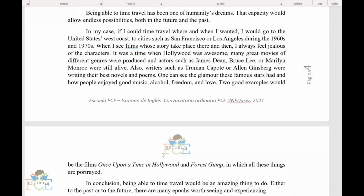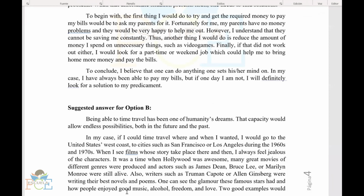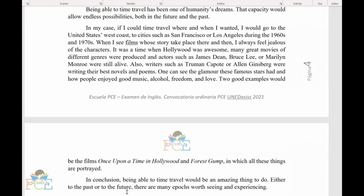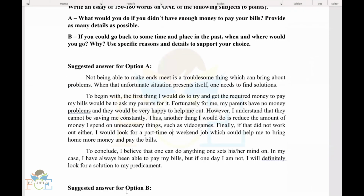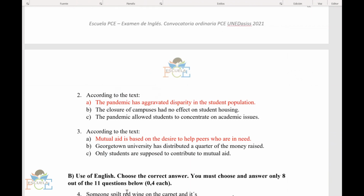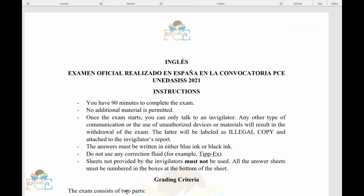So here we have another answer: three paragraphs, an intro, a longer body explaining, and then a conclusion. Again, I am not saying this is the best answer possible, but it is a nice answer which would grant us a good score in the exam, or the only possible answer. All right, so this is my take on the 2021 PCE exam, and